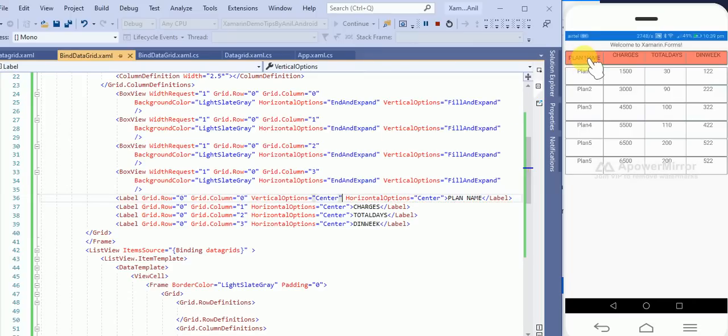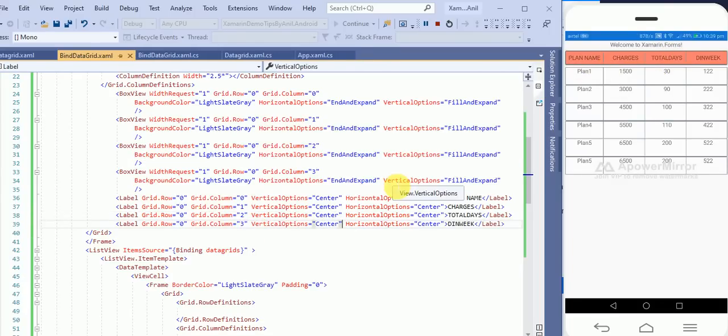So here you can see the effect. Okay, so for all, for rows and for columns, you can define it. So here you can see the effect. Okay, so it's a runtime effect. On design change you can see it at runtime.